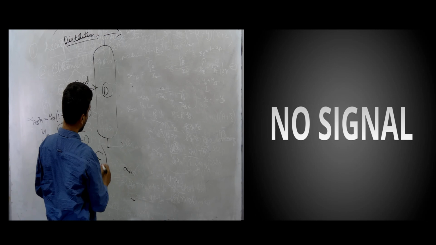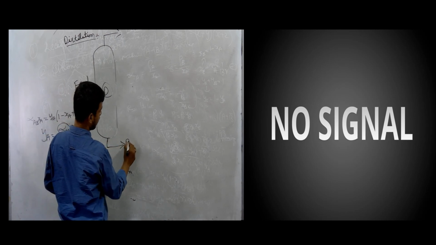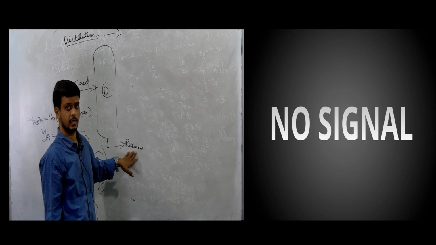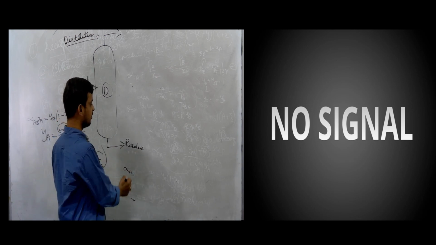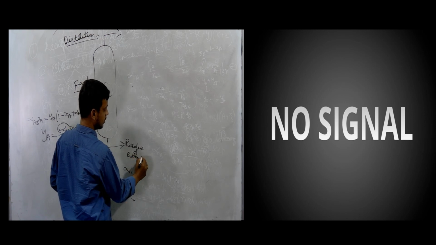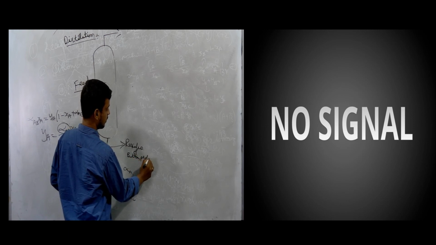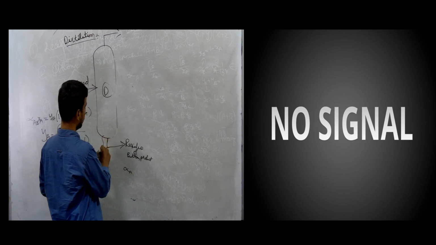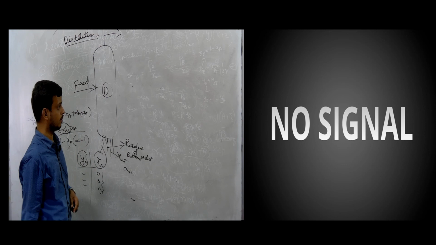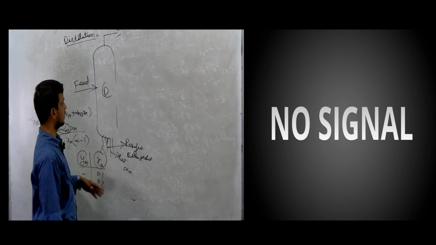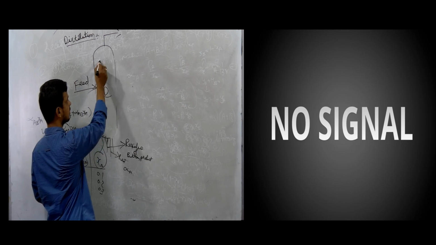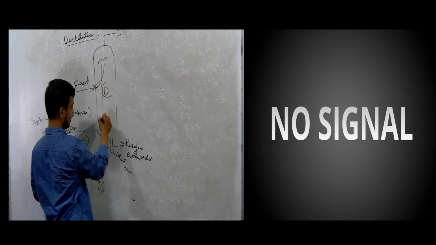Usually what happens in the distillation column is the residue. The amount of more volatile component in the residue will be very small, or we can say this is the bottom product. Since we are calling this the bottom product, as such, we apply some heat here. Whenever we apply some heat, this heat is used inside here, and the feed will be vaporized and the liquid will fall.